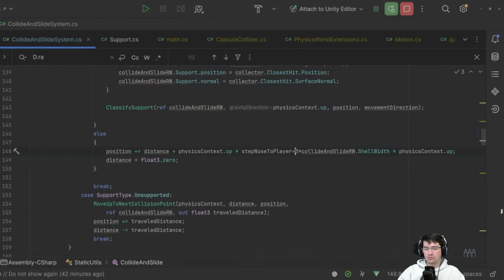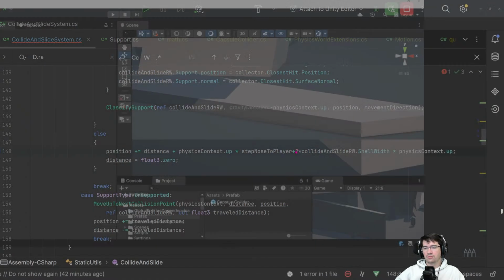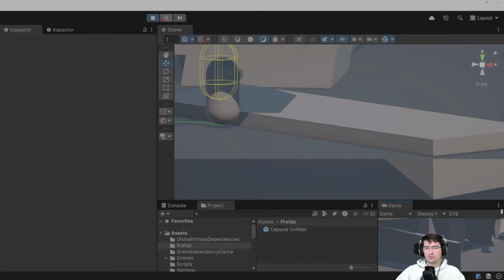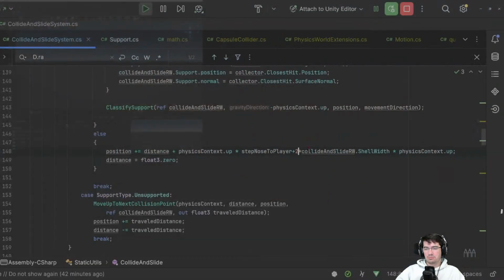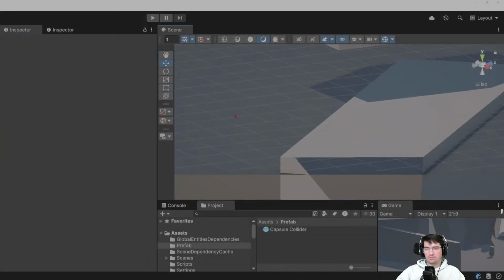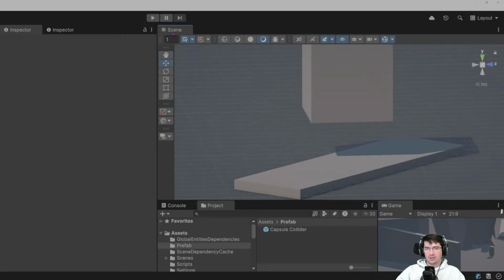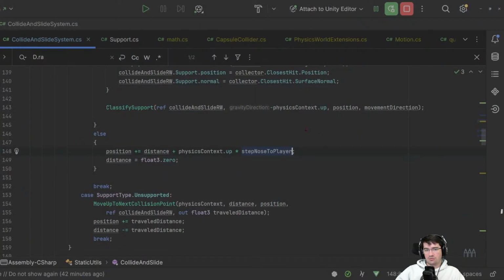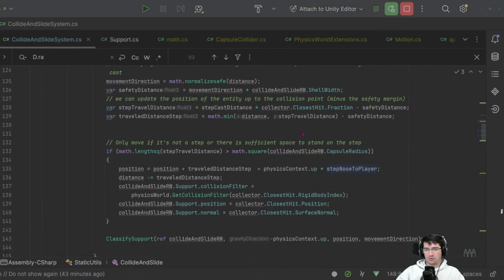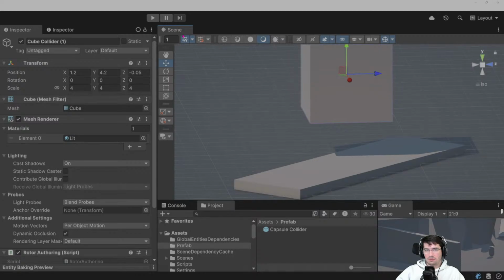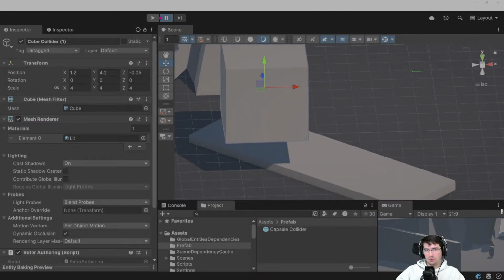No, it's too much. Doesn't change a thing, but I don't like to have this kind of solution because I don't understand it, and I'm pretty sure that there will be another case where it just doesn't work. What happens if I move slightly? Still working. And I also don't understand